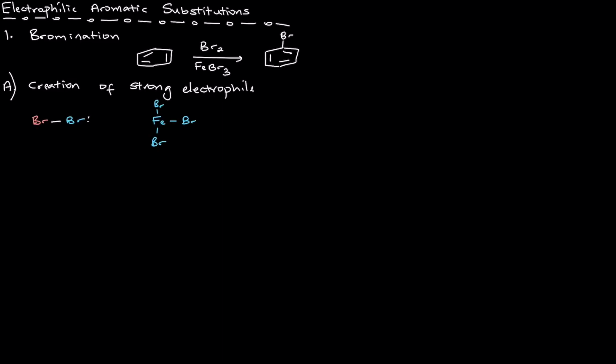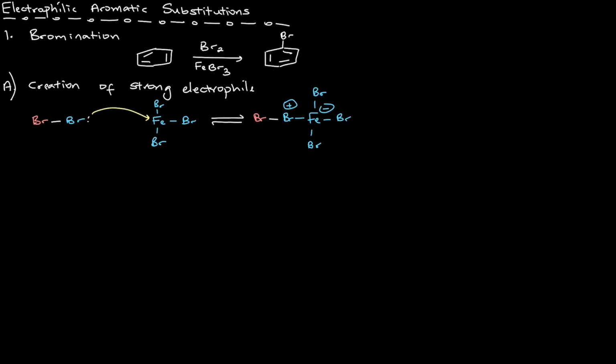So we've learned in the past that bromine is fairly polarizable. In other words, the electron density in bromine could really be redistributed in such a way that one of the bromine atoms could be fairly partially positive, and then the other bromine atom could be fairly partially negative. But we can absolutely induce a much more polarized bromine by treating with an iron 3 bromide. Iron 3 bromide is a good Lewis acid, so in the presence of bromine, your bromine is going to nucleophilically attack the iron 3 bromide